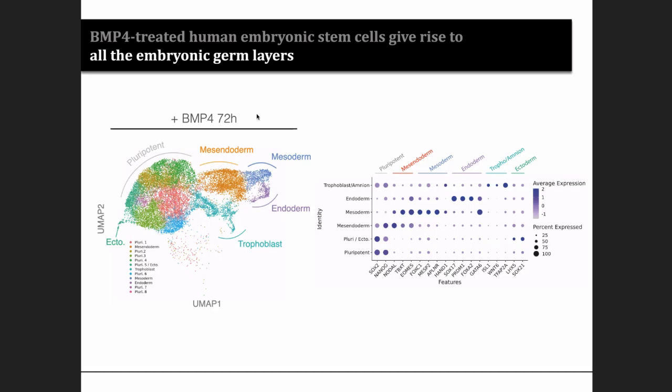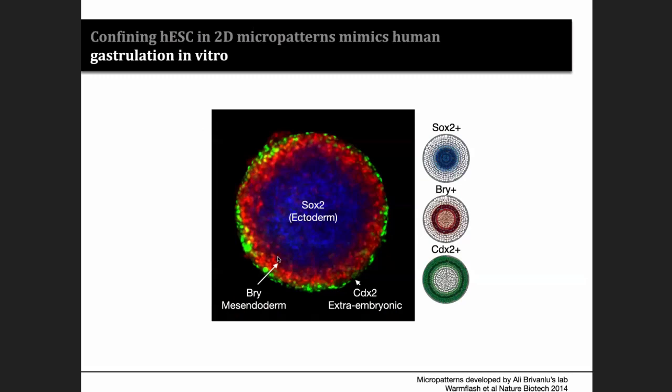Now, BMP is really a fantastic system to use here because not only do we differentiate cells into mesoderm, since BMP is known to be a mesoderm factor, but actually about 3 days after BMP stimulation, we recapitulate gastrulation. So we see populations of mesendoderm cells, of mesoderm and endoderm, and populations of extraembryonic layers. In a way, this is a very important system to mimic gastrulation in vitro. But what makes it extremely useful is that we can use micropatterns and thereby confine these cells to fixed geometries.